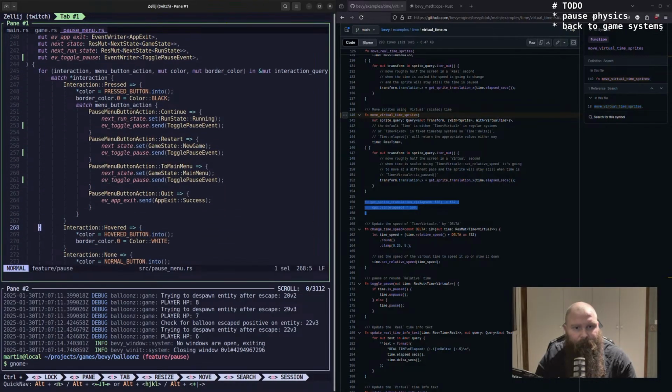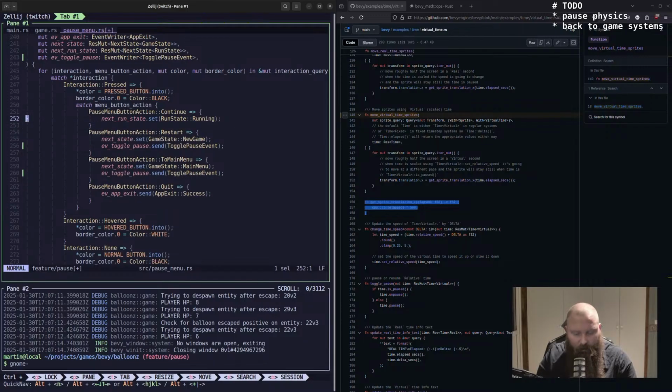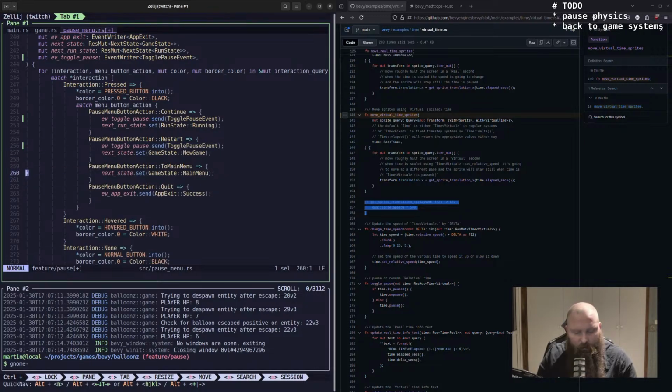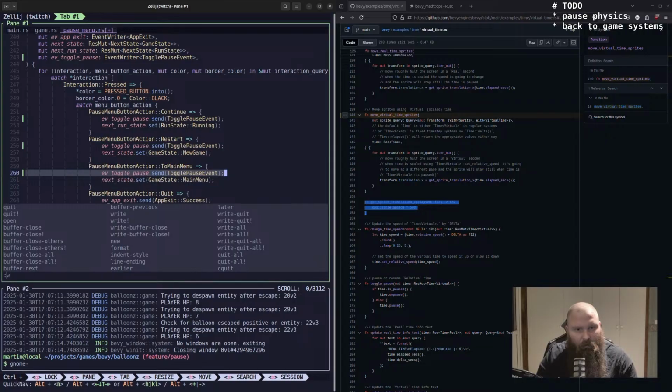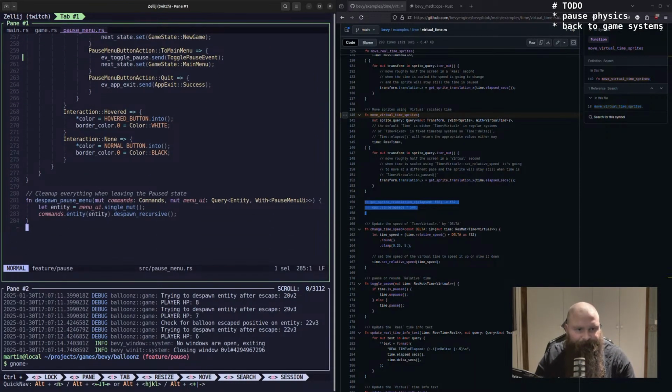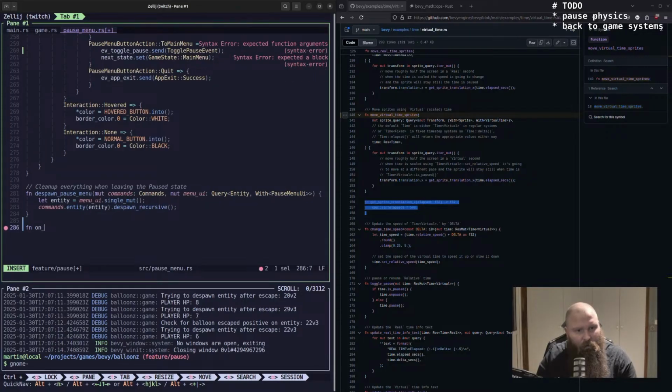Okay. That's dangerous, though. Should first send the event and then change the state. Yep. Good. On toggle pause event, we want